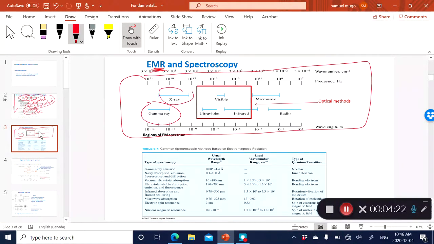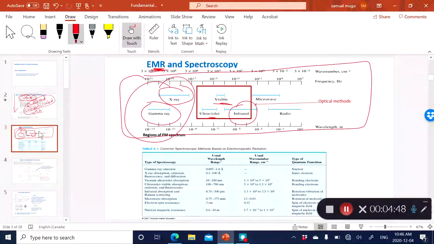You've got the X-rays, and these are very high energy, penetrative kinds of radiation. And then you've got the UV, which is next in terms of energy to the X-ray. You've got the visible light, the light that we see. You've got the infrared, which is the light on